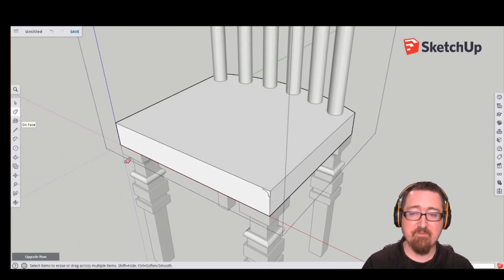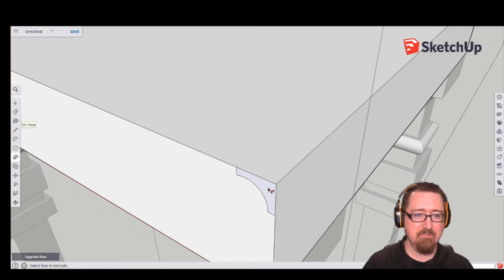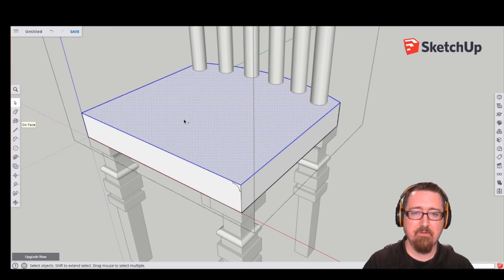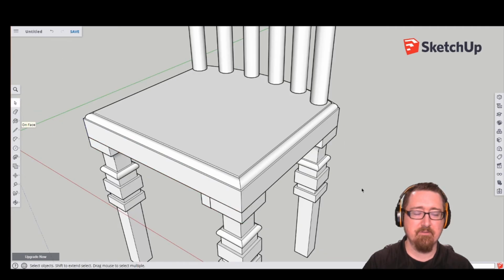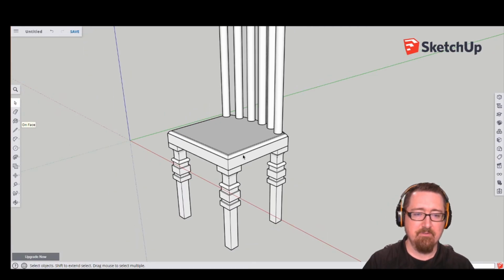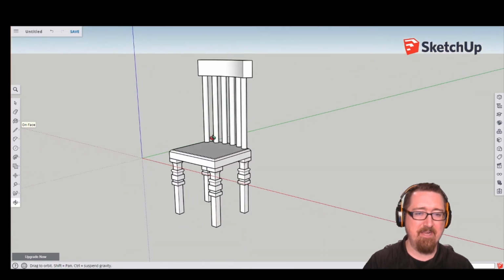And again, just like previously, I'm going to take my select tool, double click on the top surface here so it selects the bounding edges, deselect the surface so I just have the bounding edges. Getting into my Follow Me tool, I'm going to then select just this shape here. Oops, again it didn't work. So we'll just back up. Let's try that again. There we go. Okay. And that routed that piece off. Like so. And there we go. There is our advanced chair